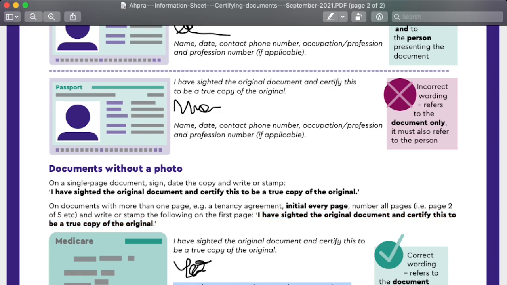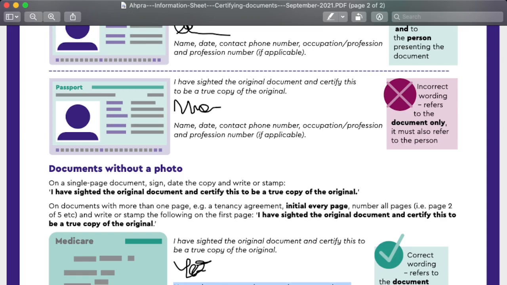So even if, let's say, for example, you got it attested and you later on realize that the date is not there, that makes a document invalid. And even if you submit it to APRA, they will definitely revert back to you saying that the document is not attested as per the guidelines, the date is missing. So you'll have to again put in the date and then send it to them. So to avoid that, check it properly in the first go so that there is no confusion from your end.